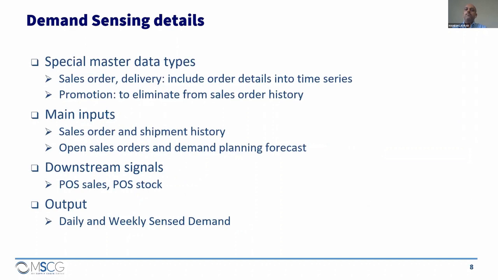You might have multiple sales orders on a single day or multiple deliveries on a single day. Then you can view this in the planning view at aggregated level. So it will sum up all your sales order quantities and delivery quantities, and it can show you on a daily basis. Next is promotion master type. If you are using promotion as part of demand sensing to eliminate the promotion quantity from the sales order,